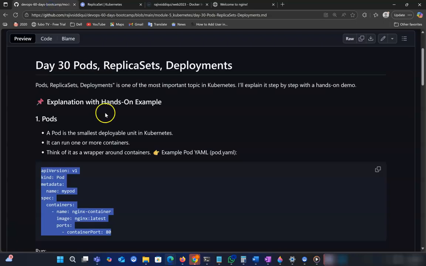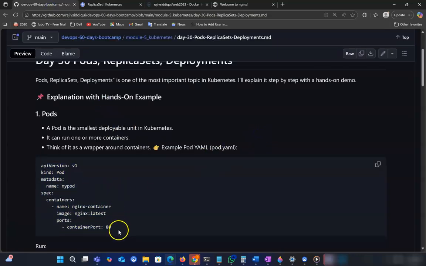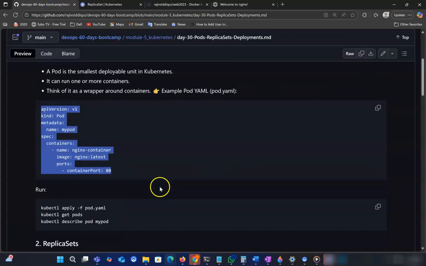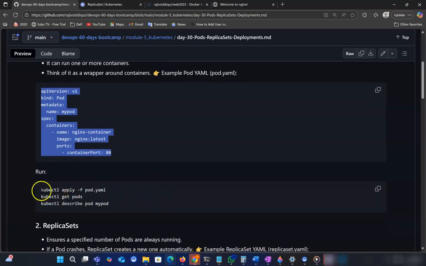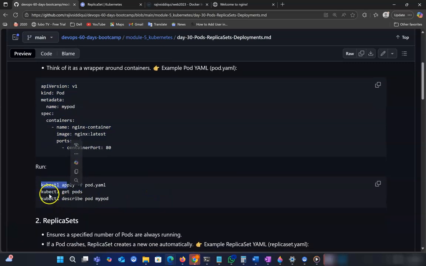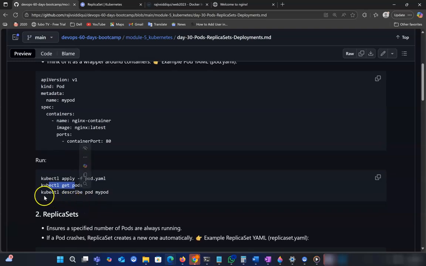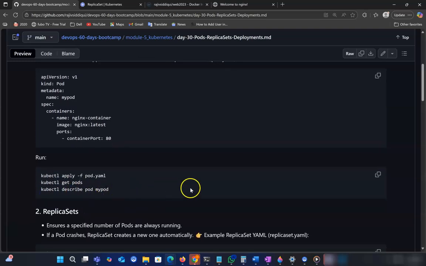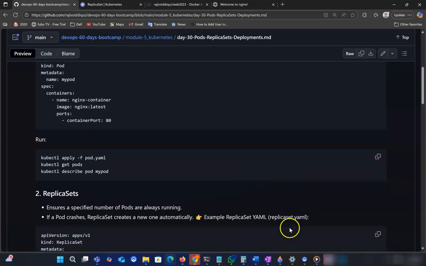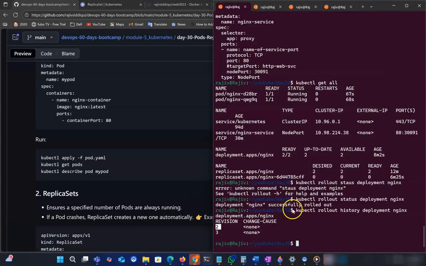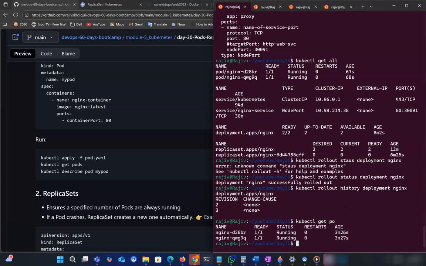So this was our documentation. Here I just put the simple file container, and what command you can use to apply the file. You can get pods or get pod, and you can describe any pod, it will describe the pod. So let me open it. If you want to see the pod, kubectl get pod, then kubectl describe,